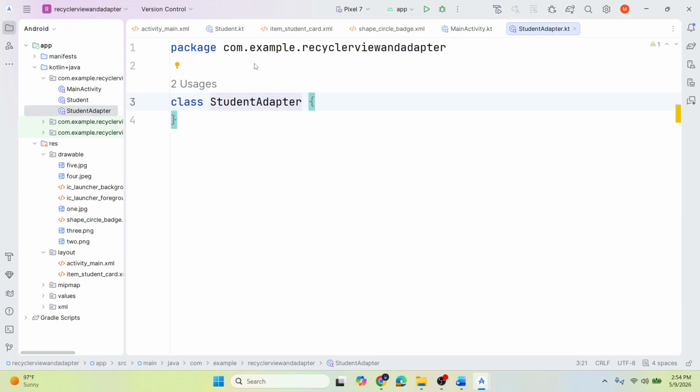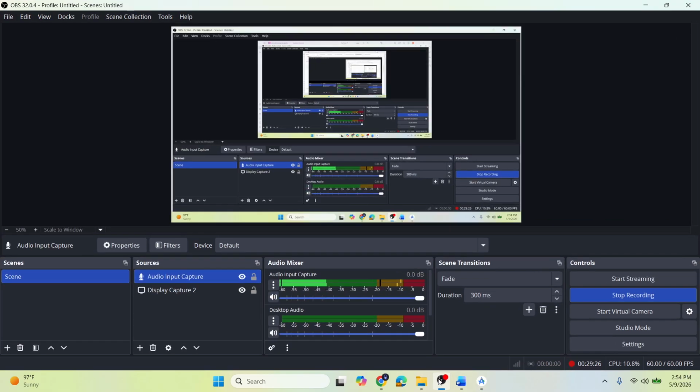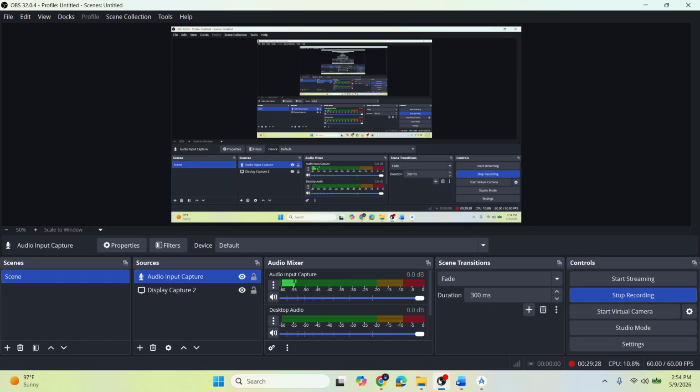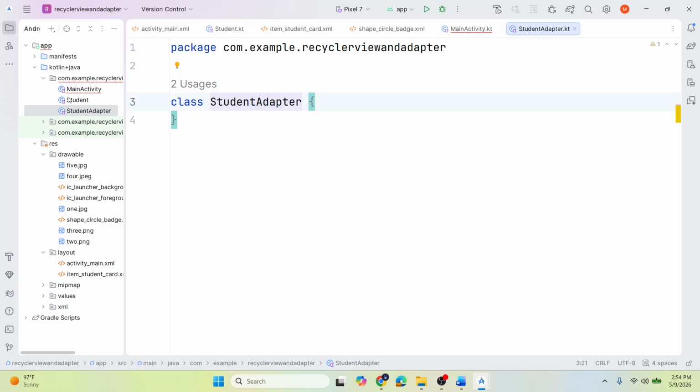Okay, so once we create this class, you will see that the error has gone away, but still my student receives this my student list. So we are going to pass in my student list to main activity. We are going to discuss student adapter in the next class, but for now let me revise what we